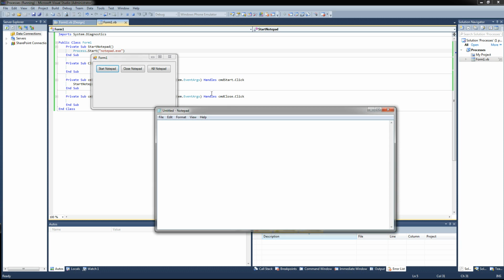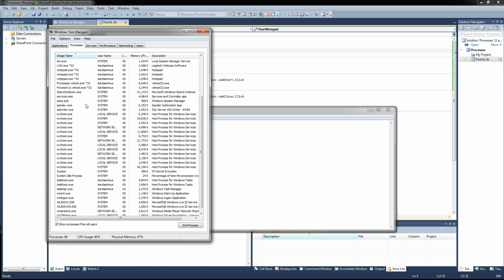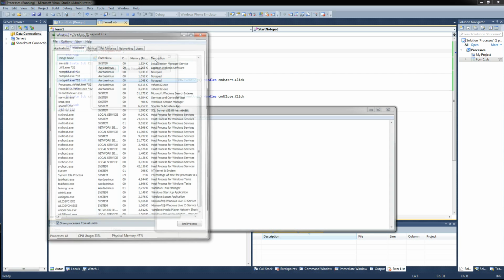I'm going to go ahead and open a few Notepad instances here. Now, if we look in the task manager, we should be able to see all three of these instances of Notepad. Yeah, here they are right here. Notepad, Notepad, Notepad. So, if I wanted to close this out,